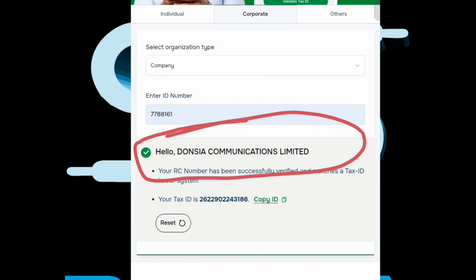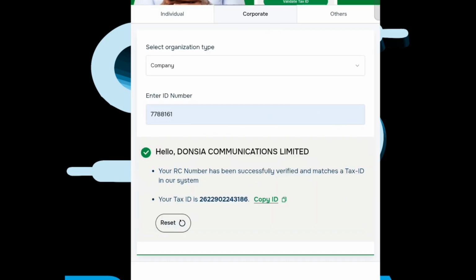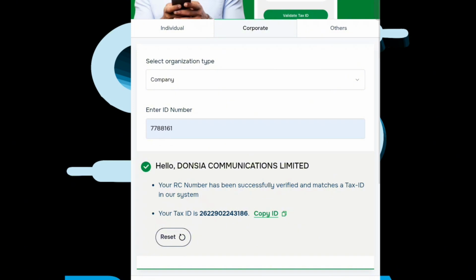So if you registered your business, your company, as a business name before, and you want to generate your tax ID, you won't generate it as business name, rather you will generate it as company, since you have already upgraded your business name. But if you have not upgraded your business name to a company, then you have to use business name. I hope you are getting my point. As you can see, we have business name and we have company. This is company registration, and as you can see, it carries Limited. Any name that carries Limited